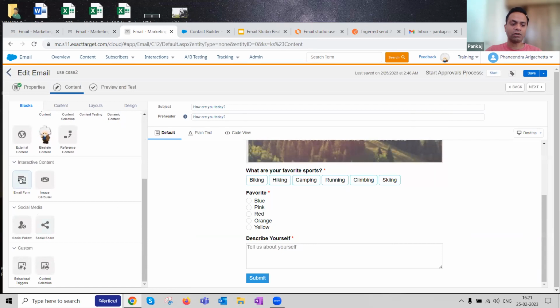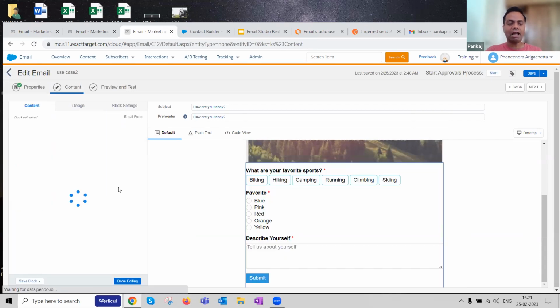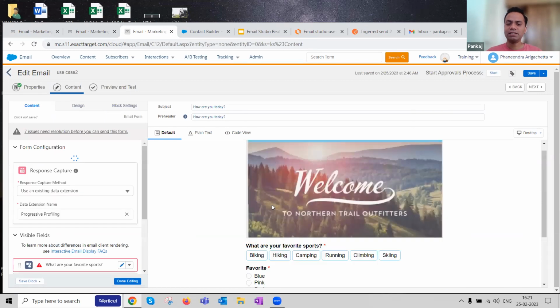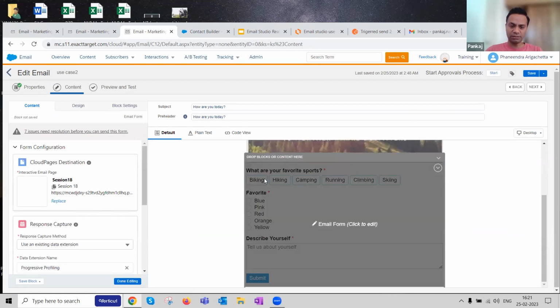What I've done is I've simply dragged and dropped this email form feature over here, and I have already pre-created something for you. See over here, what I'm asking that particular customer, I'm not asking his first name, last name, because I know that, right? I know 3 attributes of that particular customer: first name, last name, and email. Email is the reason I'm reaching out, so it goes without saying. Over here, what I'm asking is, what are your favorite sports? Based on that, you can provide other questions. If it is biking, I can show questions related to biking. Hiking, I can show something related to hiking. That happens on a real-time basis, not necessarily in this particular feature, but it can.